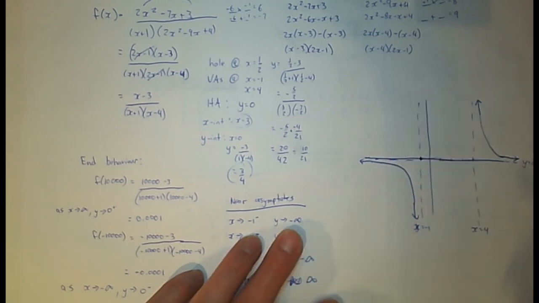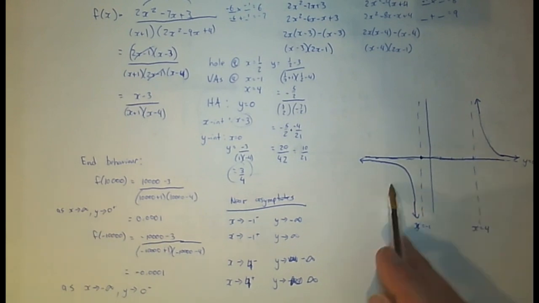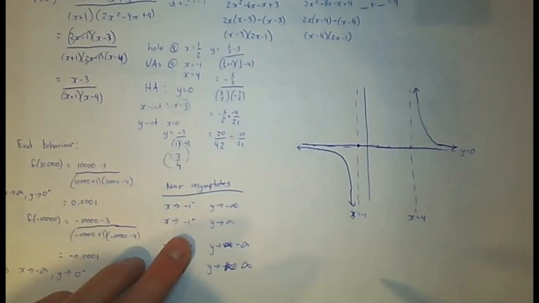We usually only have things crossing asymptotes when they are, what's the word I'm looking for here? When they're using oblique asymptotes. So this is already strange. I'm not sure why it's doing this. This is being bizarre. But let's take a look at our other end behaviors, because when we approach negative 1